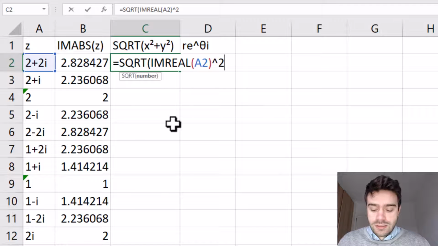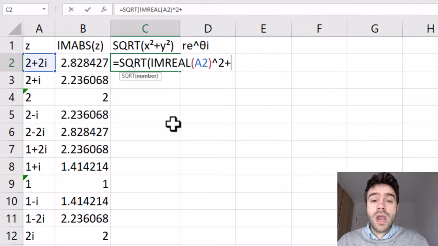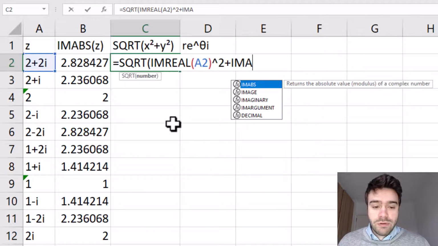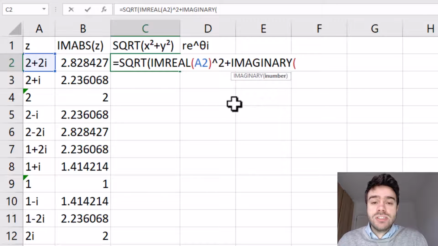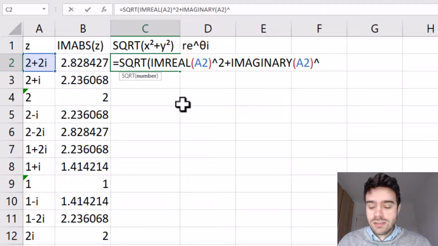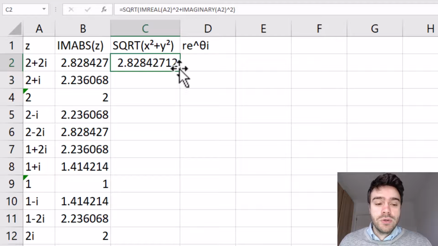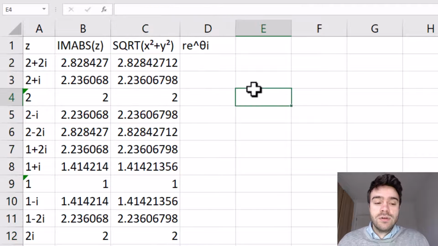Now I add to this y squared. Now y represents the y-axis, and this is the imaginary part of our complex number. So with the IMAGINARY function, we can extract the imaginary coefficient of our complex number. So the only argument is the complex number, and I also bring this to the second power, and I close the parentheses and press enter. Now I pull this downwards, and as you can see, we are getting exactly the same result,